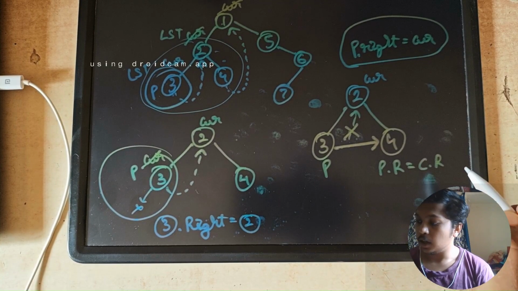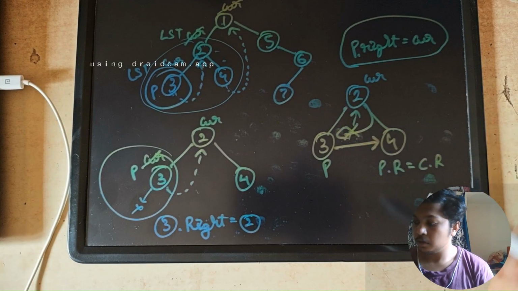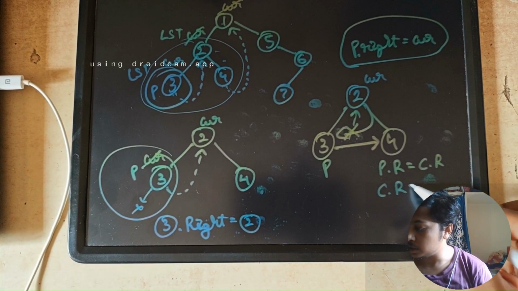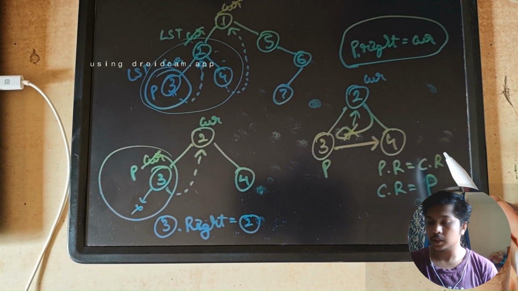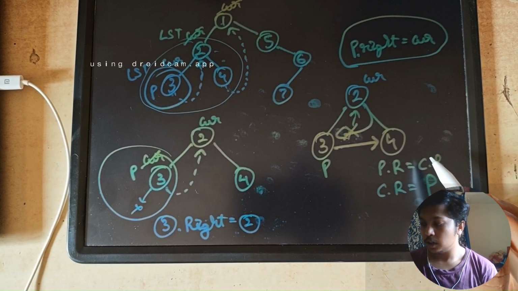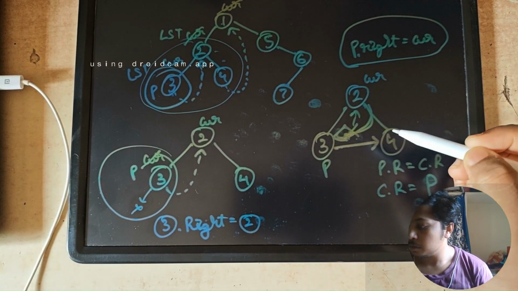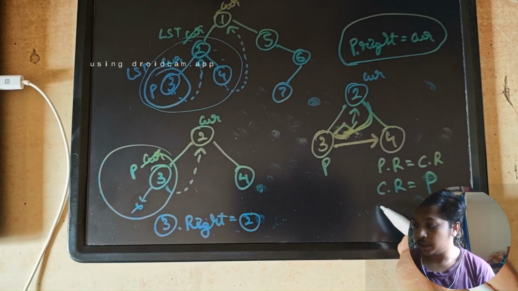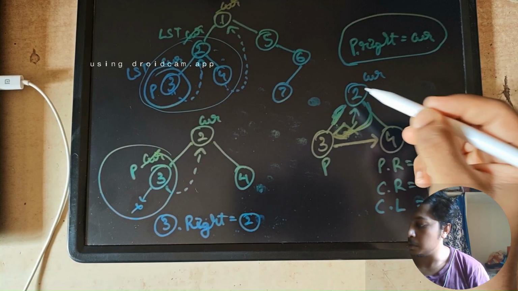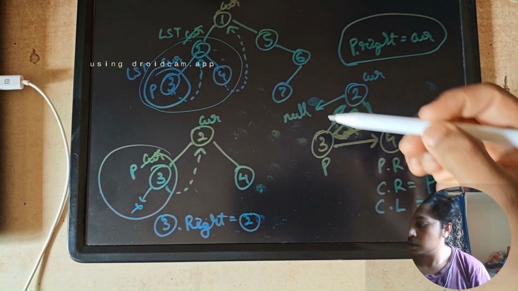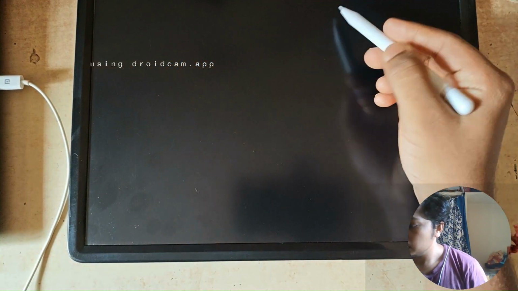Then I need to put the current dot right towards the previous pointer. So current dot right is equal to previous. So it's just something by intuition I am making the flattening part, and it's not anything complicated. After that I have made my go towards this thing, and to clean up, current dot left should be equal to null. That is, this node will be one and now it will be pointing towards null. So at last we want to be able to see that